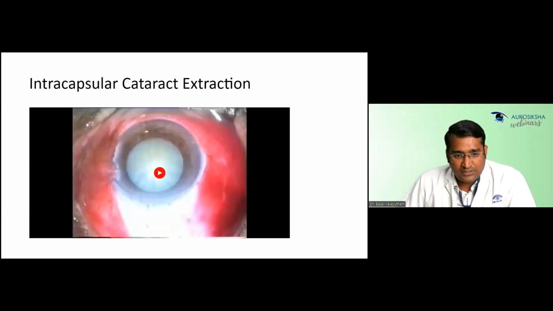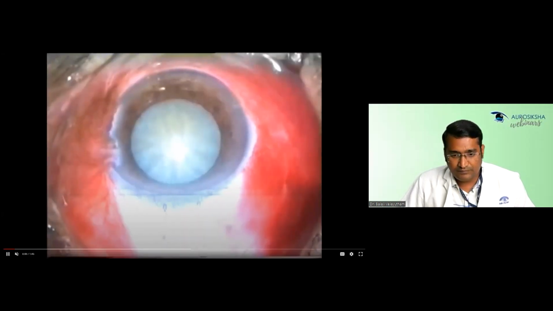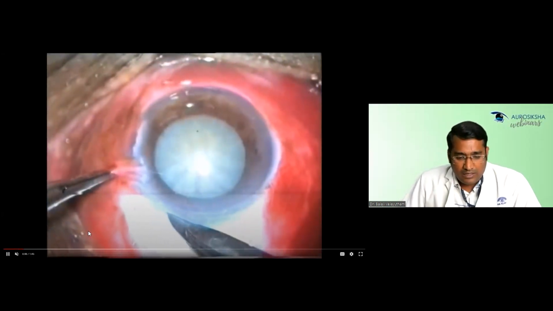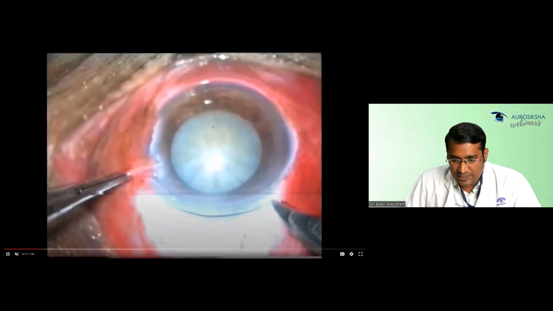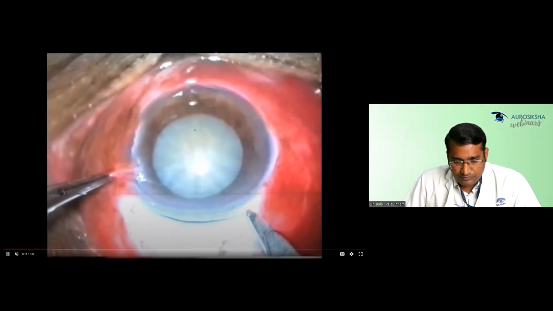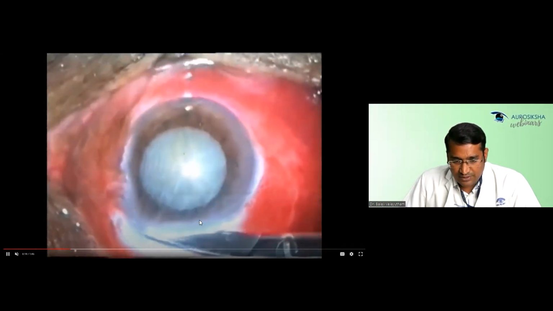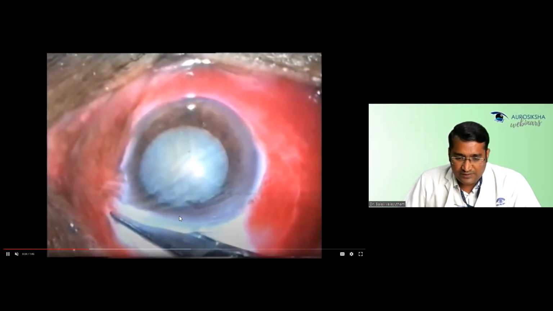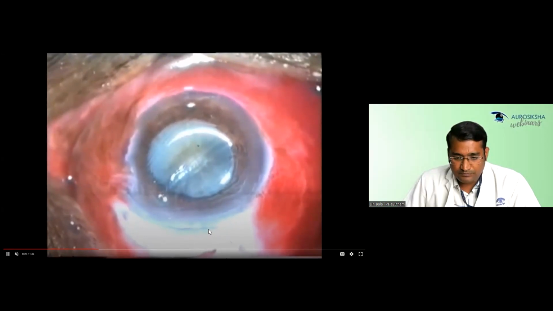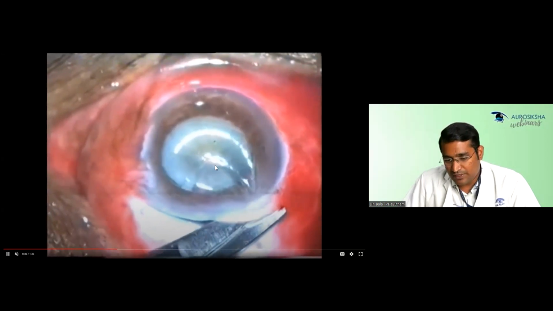Next, we go with intracapsular cataract extraction. So here, an incision parallel to the limbus is made. If you see, this incision is parallel to the limbus. It is around 10 mm. An entry is made into the anterior chamber. Through that entry, the wound is extended using scissors. Once the wound is opened adequate to the size of the nucleus,